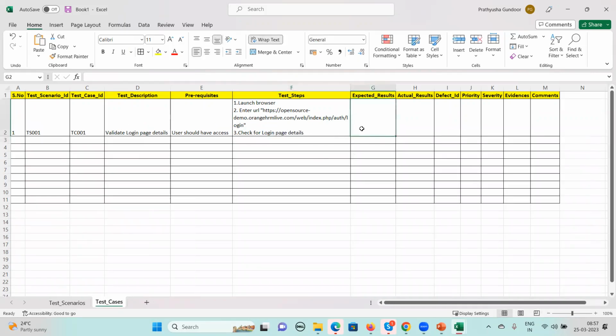So expected results, what we have to see here is like expected result. Browser should be loaded. This is the first expected result. And next what we have is, there we can have multiple expected results also. Okay. User should be able to see